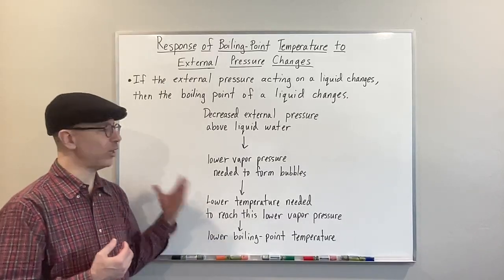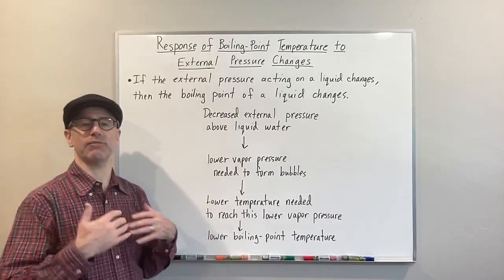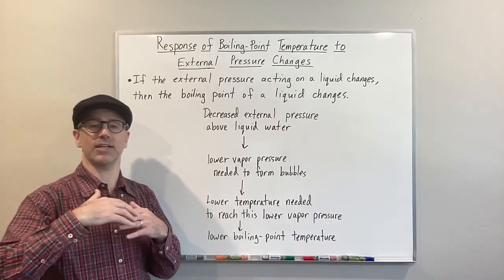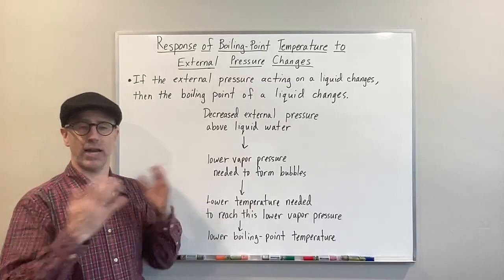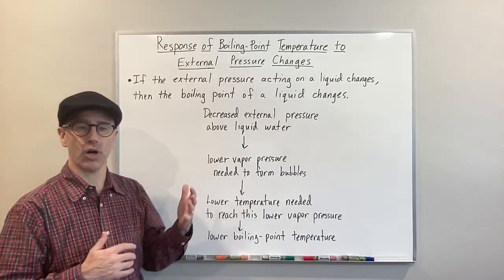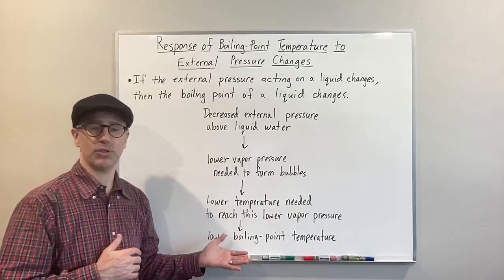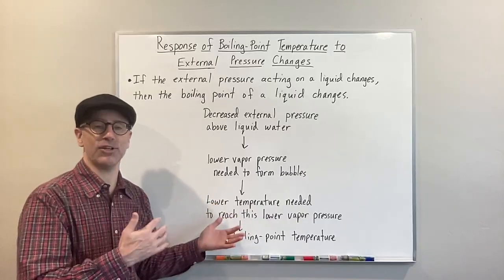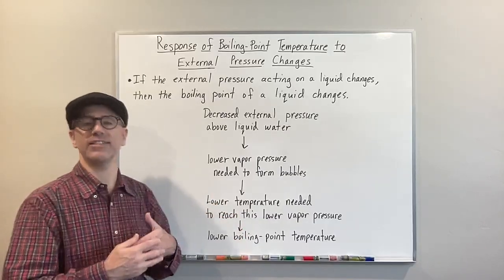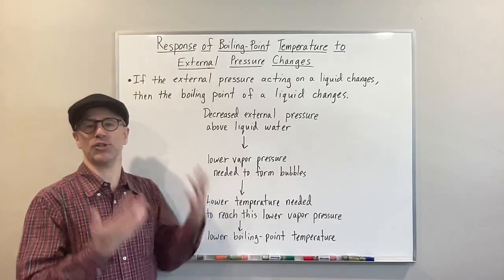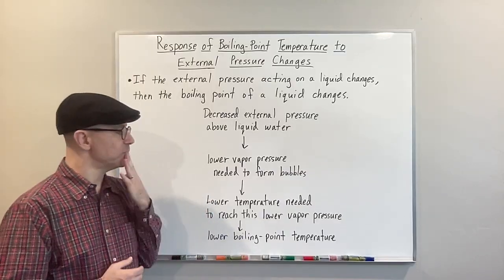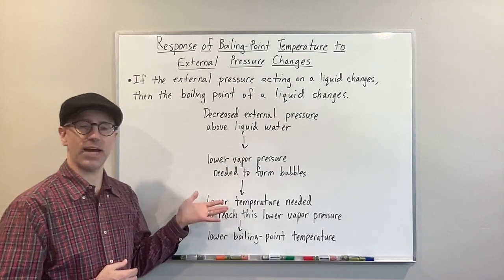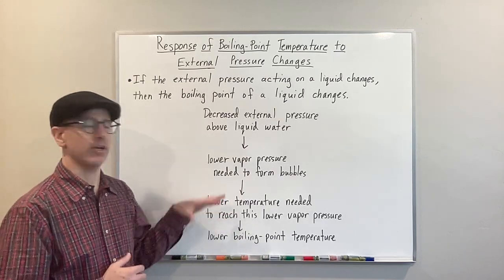So when you cook your food in a pressure cooker, it gives you a higher external pressure than, say, 1 atmosphere, so you're going to need a higher temperature. You're going to cook your food at a higher temperature, and therefore it's going to take less time to cook the food, because you're cooking at a higher temperature, right? So the idea here is that